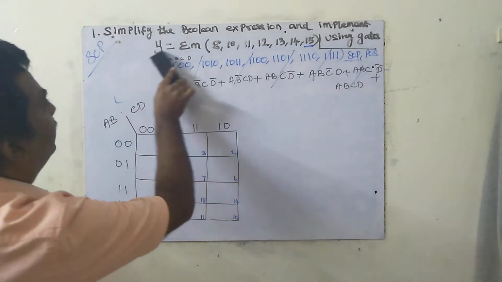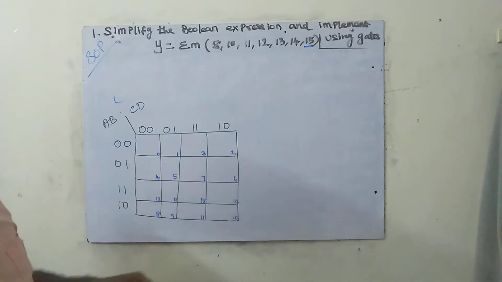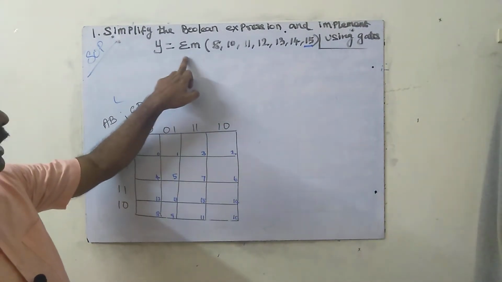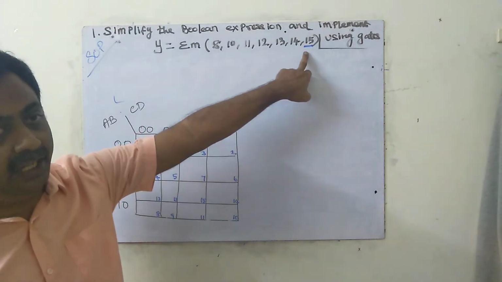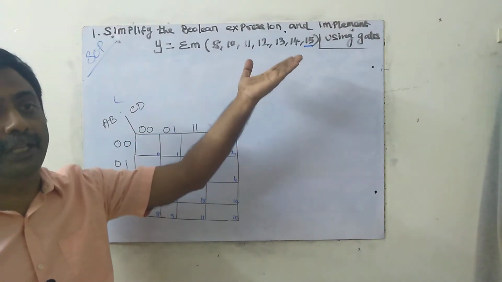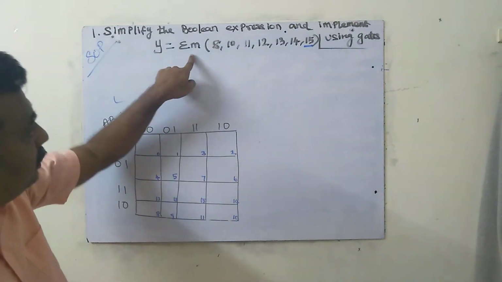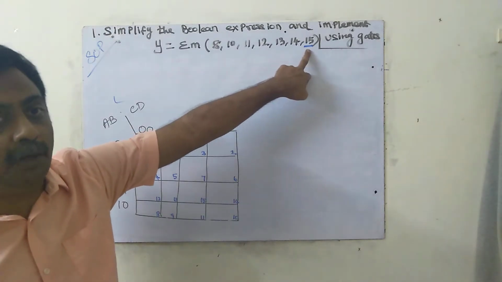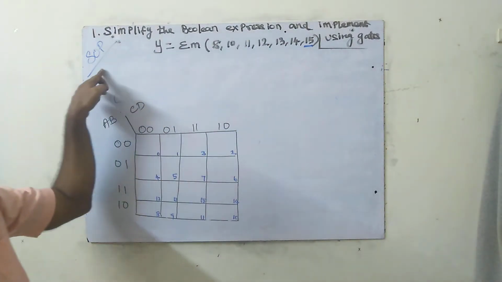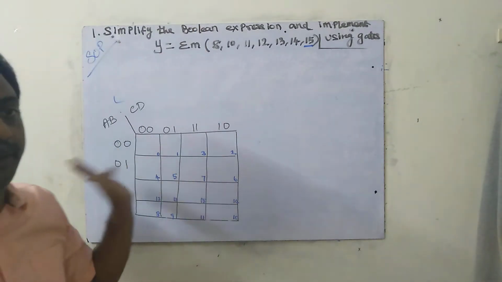If the given problem is given, we won't write like this. First we have to see whether what is given is min term or max term. Min term means we go directly. The second thing is how many variables the problem has. Then we have to think about the SOP method or the POS method. Normally we will go for the SOP method only. If the POS method is mentioned, you have to go for the POS method, otherwise solve by the SOP method.